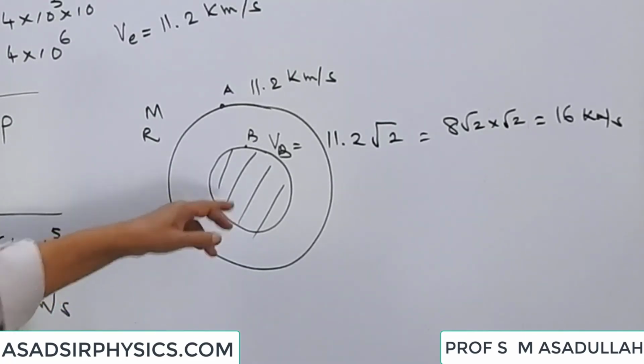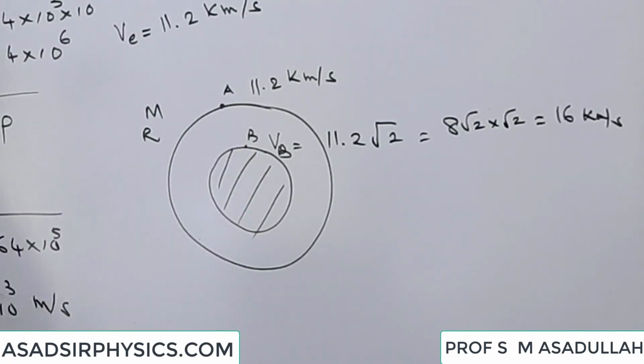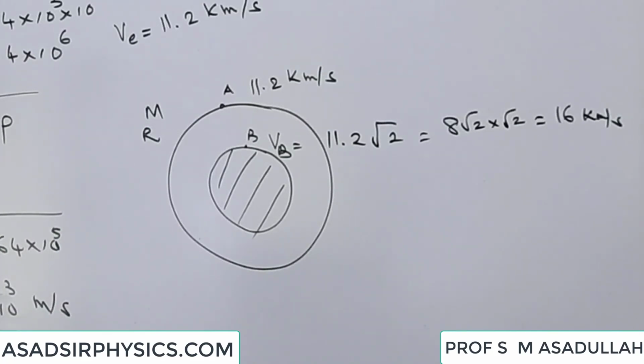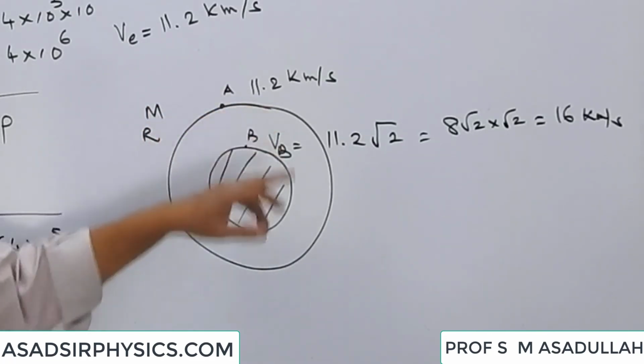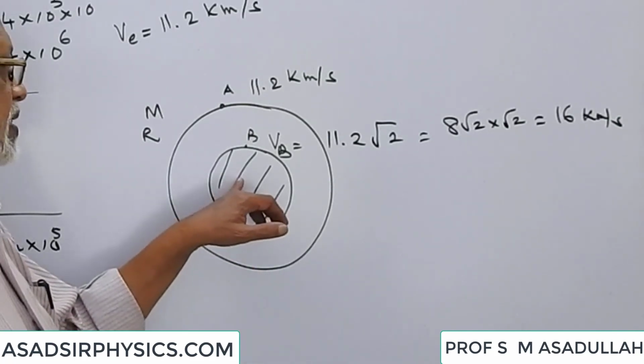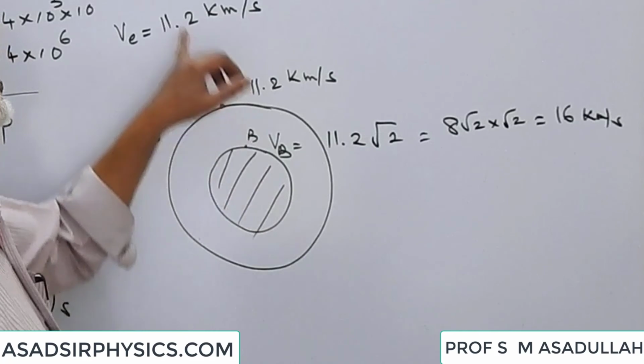Now let us consider this problem. Here the earth was shrinking while keeping the mass constant. Suppose this time the earth is shrinking keeping the density constant. That will happen only when we throw matter outwards into space. So before it was dug, the escape velocity was 11.2 kilometers per second. Now matter is removed and the new size has a radius half of the earlier one. What will be the escape velocity from the new surface? Here you see we have to use this formula.